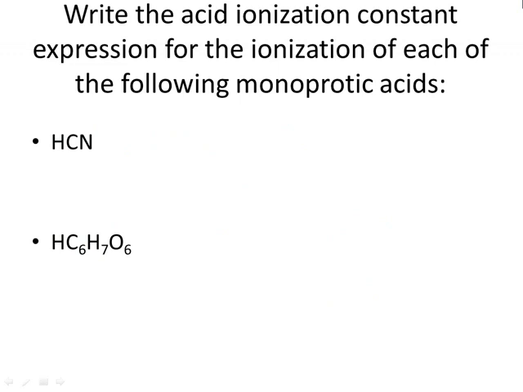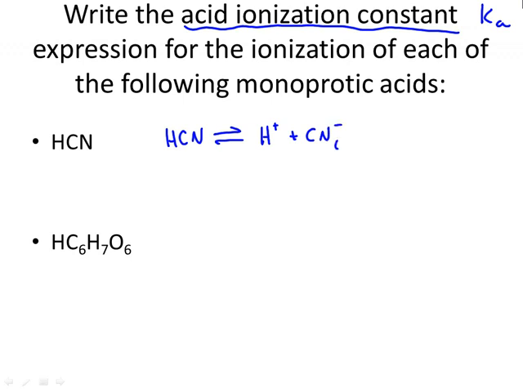Write the acid ionization constant expression for the ionization of each of the following monoprotic acids. So we're looking for the Ka here. That's what acid ionization constant means, Ka. Equilibrium constant expression, essentially, for an acid dissociating. So if I have HCN, it dissociates, it makes H+ and CN-. These are aqueous. This may be aqueous or not. We're going to pretend it is for this because I didn't write down the phase. So the equilibrium constant expression is going to be H+